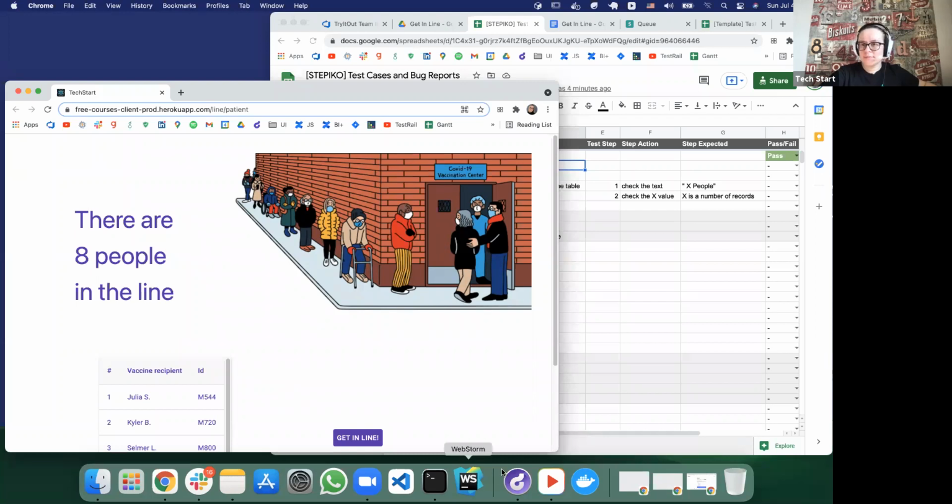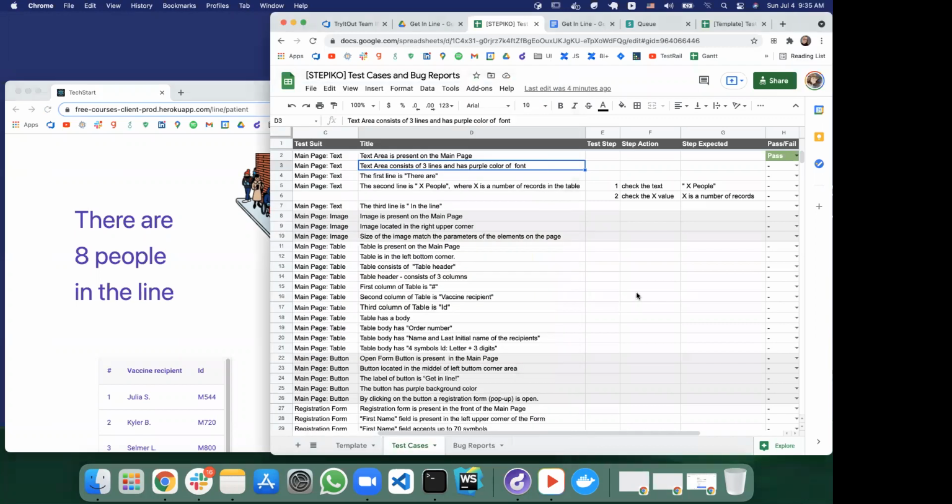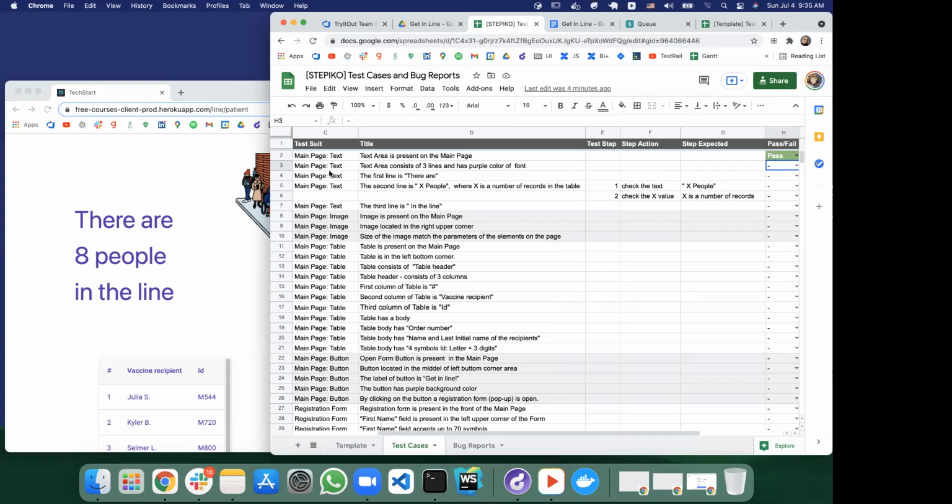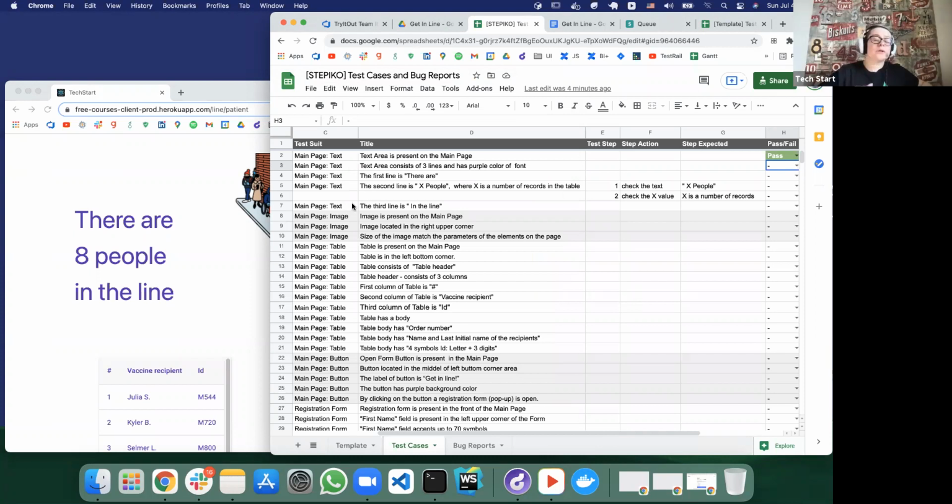Any ideas? It's a bug. Yes, so we need to file a bug report, right? Yes. So let's check this area, these 5 test cases until the end. We're not going to go too far. We need to stop here and file a bug, but before we do it, let's check just